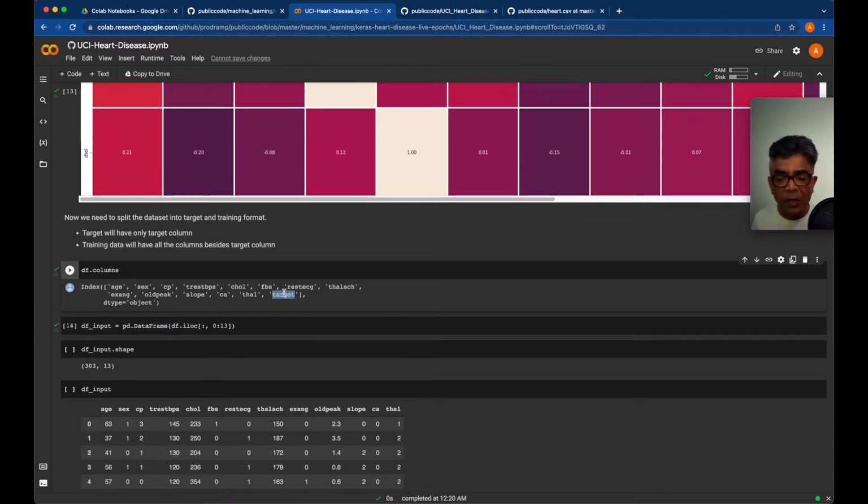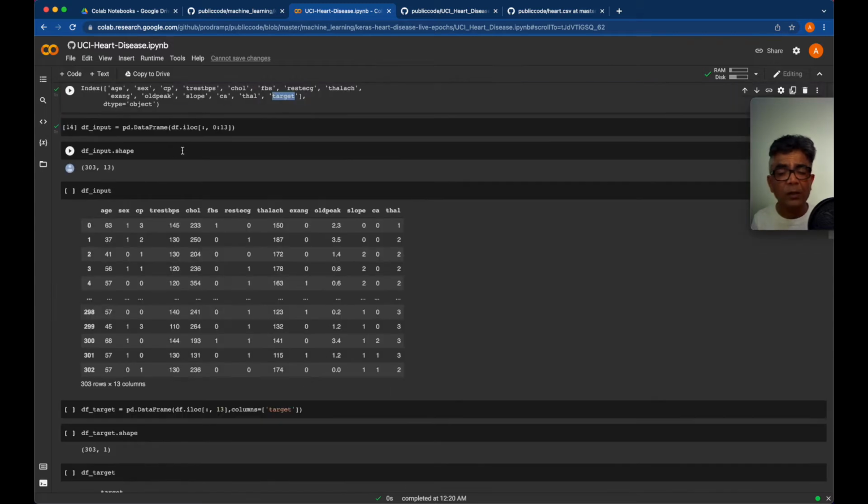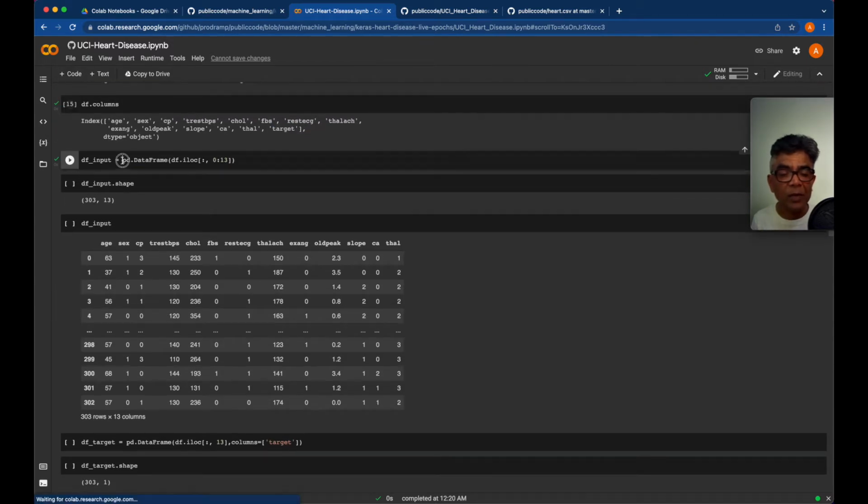So the target is our target column. What we are trying to do is take this data frame and use it from the first column all the way to the last minus one. So from 0 to the 13th, we are taking that input, creating a new data frame called df_input, and we are